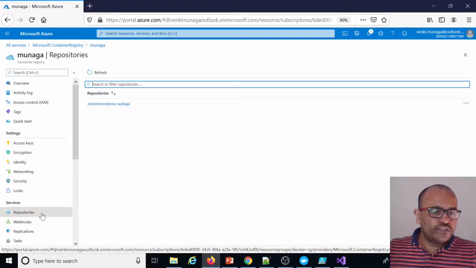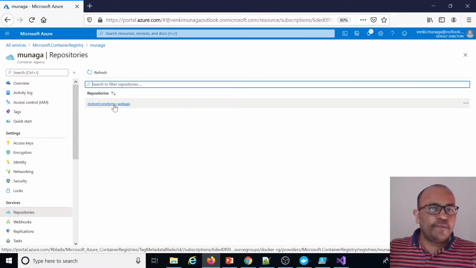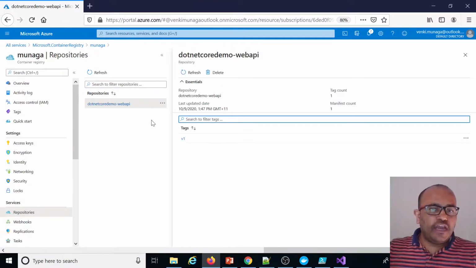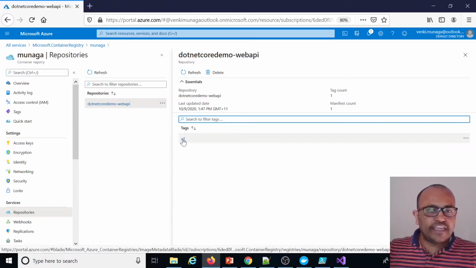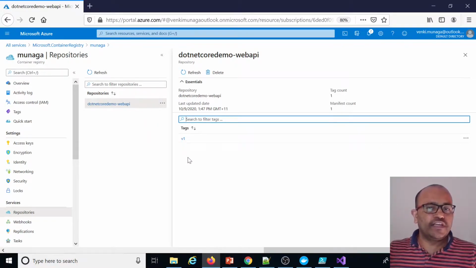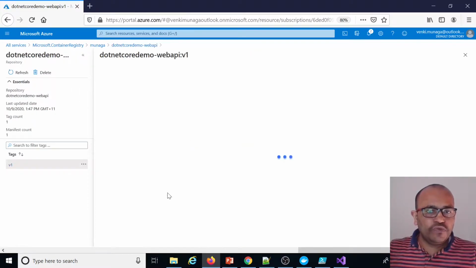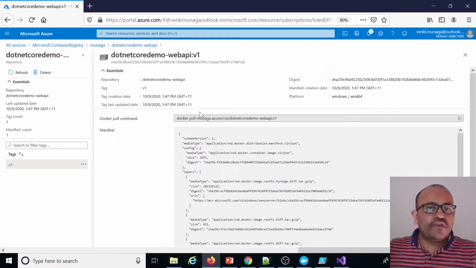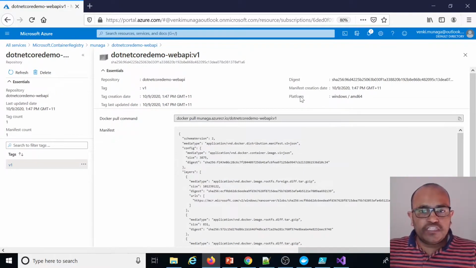If you go to the repositories, you can see this one image, and if you click on this one, it has the tags. With the same name, if you have different versions, version 2, version 3, you can create them. If you click on this one, you can see the manifest of that particular image, and you can see the platform.